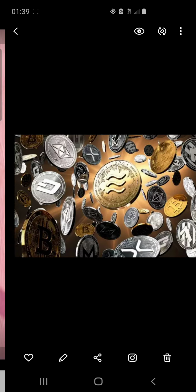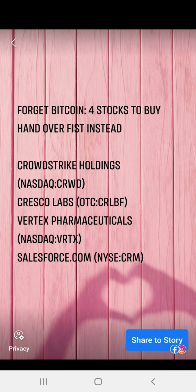Kicking it off, if you don't like Bitcoin, then forget Bitcoin. 4 stocks to buy, hand over fist instead. We got CrowdStrike Holdings, ticker CRWD. Cresco Labs, ticker CRLBF, which is the OTC over-the-counter stock. And we got Vertex Pharmaceuticals, ticker VRTX. And Salesforce.com, ticker CRM. CrowdStrike and Salesforce are both stocks that I hold in my long-term portfolio as well as